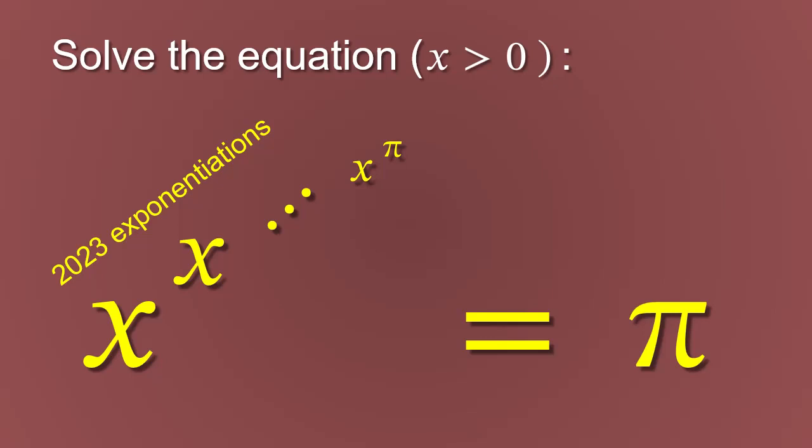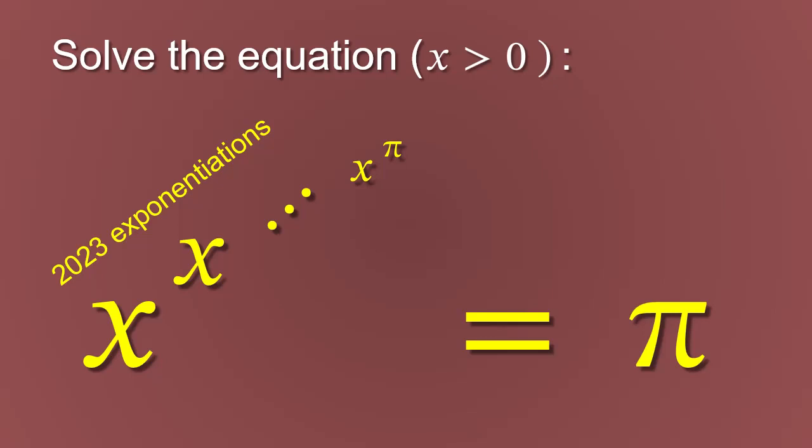There is quite a number of YouTube videos regarding solving an equation of type x to the power of x to the power of something equals this something, and I decided to offer one of my own. Here x is raised to the power 2023 times, so you have 2023 x's and 1 pi in the left hand side. And the right hand side is just pi, where x is of course positive, otherwise the expression in the left hand side doesn't make sense, and you need to find the value of x.